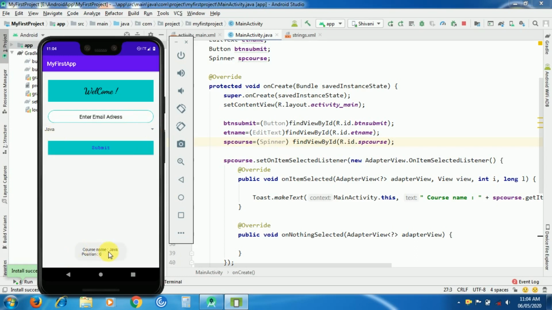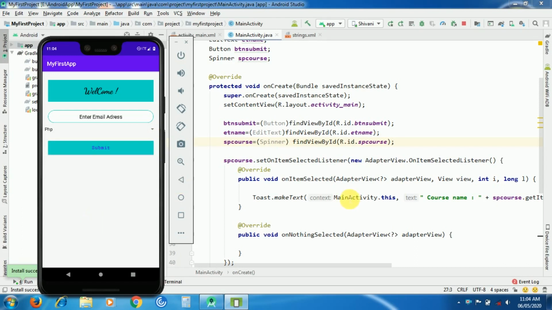It is showing the course name Java and position 0. If you select this PHP, then it will show the course name PHP and position 2, as its position starts from 0. So 0, 1, 2. So it is showing the correct position and the course name on selecting the item.